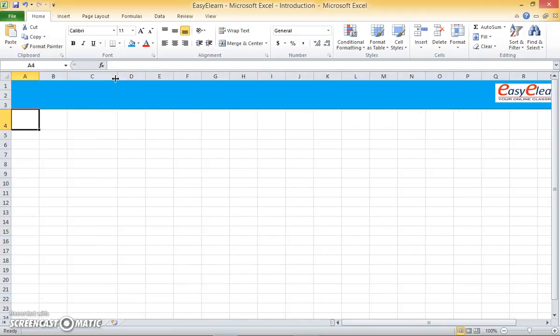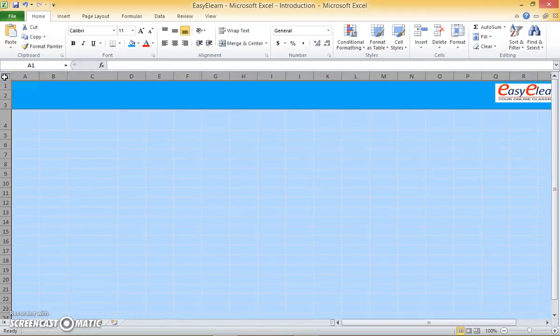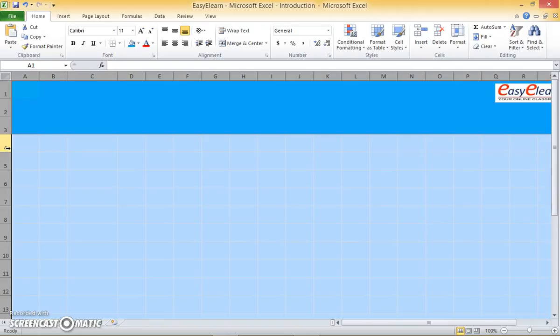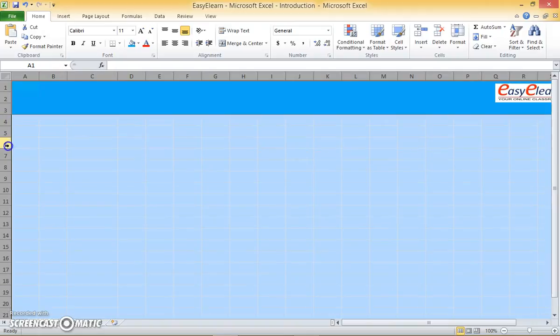What if I want to do this for all the rows in this particular sheet? We call it Sheet1 here. That's the name of the sheet. So if you want to do it for the entire sheet, you move the pointer between A and 1. You click once. The whole worksheet gets selected. Then if you increase the row height, it is done for the entire worksheet. Decrease the row height, again done for the entire worksheet. And then you could adjust the column width, it's for the entire worksheet. So when the worksheet is selected, whatever operation you do is for that whole worksheet.